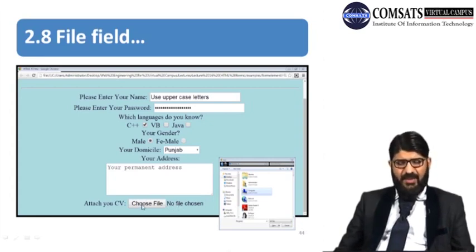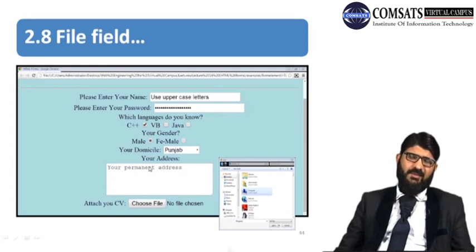And then when the user clicks on choose file, a window will appear on your computer where it will go to the default system, and whatever file you want to select, you can select through here. Then when you select the file, the path will be displayed over here. So then you can use that file to upload on a particular server.